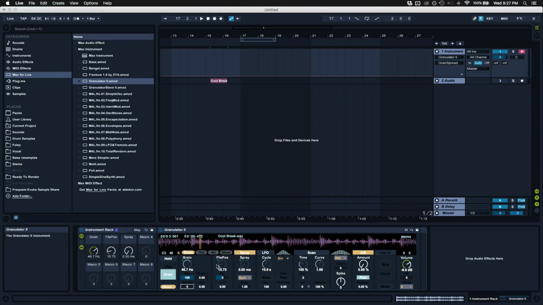But I'm not really trying to overview the whole plugin as much as the stuff that I have the most success with. So the next thing, and this is probably one of the coolest aspects to me, is the scan knob. And what this does is, like a sampler now, if we enable this scan mode, it'll play through the sample at whatever rate you specify. So at 100%, it's just going to scrub right through this sample